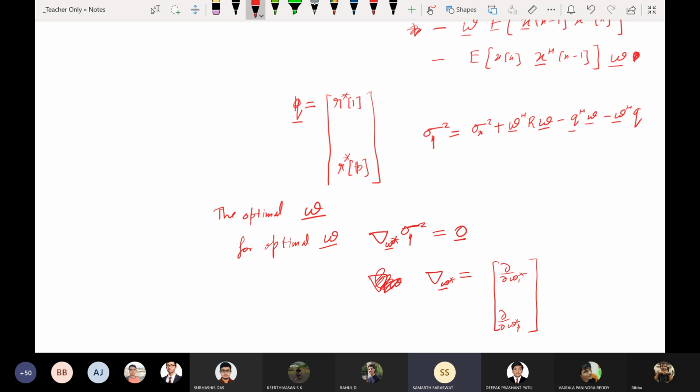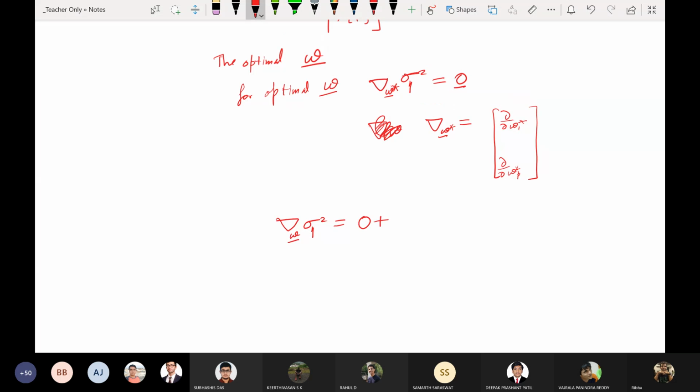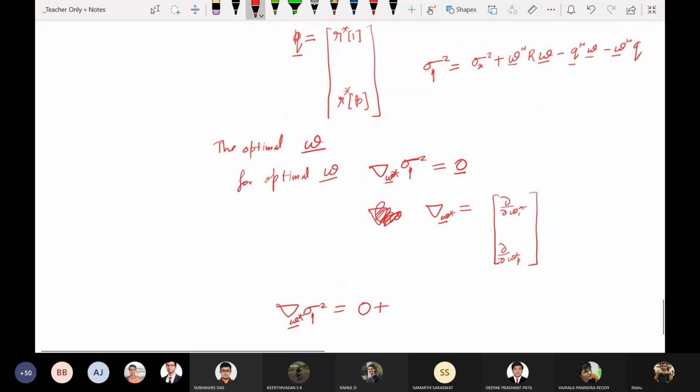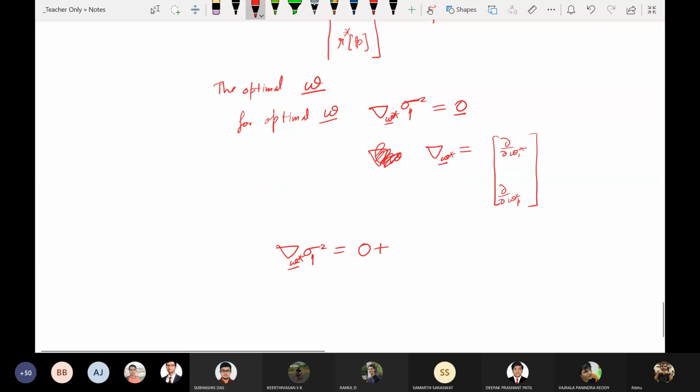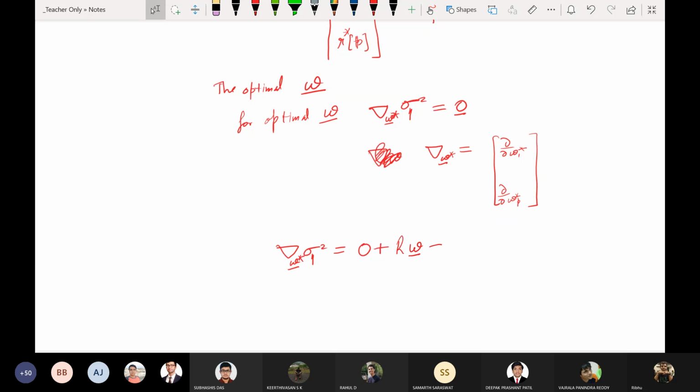Yes, sir. So the gradient of sigma eta square with respect to W equals 0 plus... Now, since I take the gradient with respect to W conjugate, this W Hermitian goes to 1 and R W remains. R W minus...